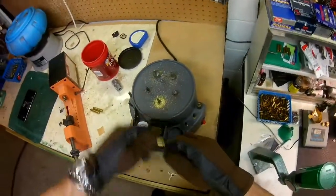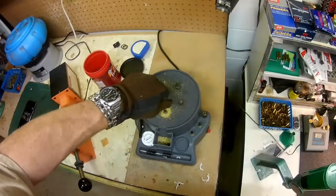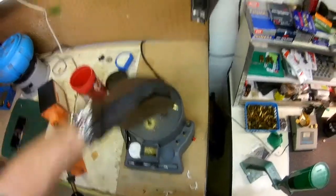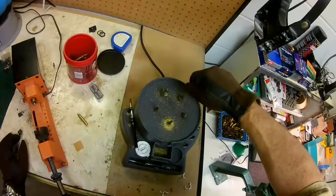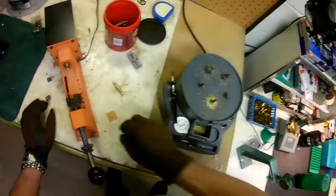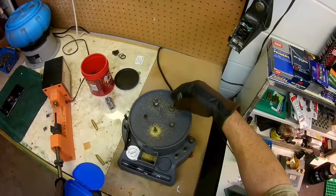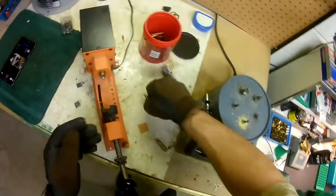There's other methods of doing these primer pockets and all kinds of other stuff on the internet, obviously. Different tools you can buy, different setups with drills. You can use a drill bit and all kinds of stuff to do this. But this station is nice because it's all right here. You used to have to do this stuff by hand, because I'll show you in a second. I have one of these in here, and that basically is that tool on that side and this tool on that side. I used to do that all by hand, and you still could do this by hand if you want to, but